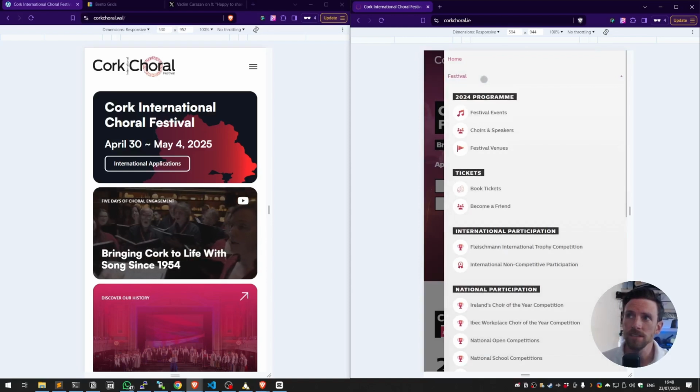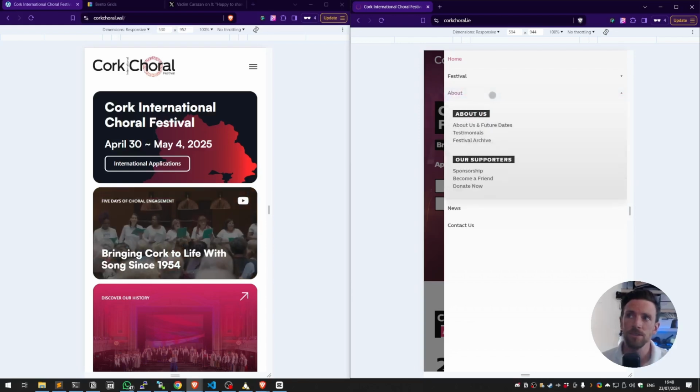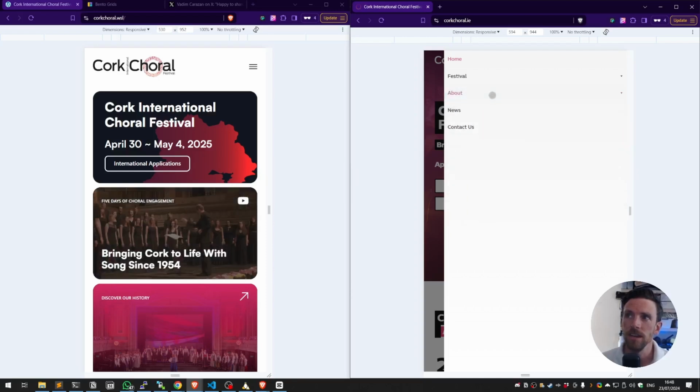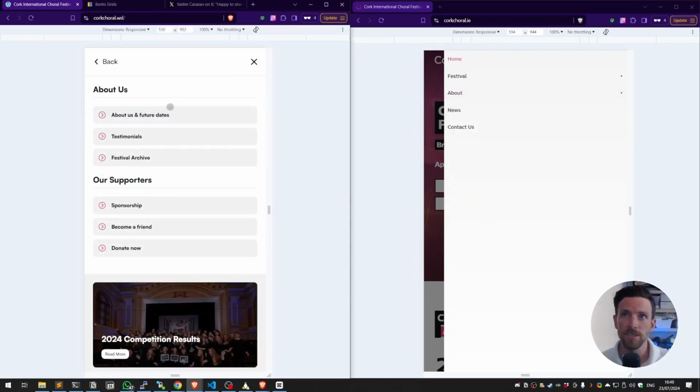You have more of an accordion style. Some of these links don't appear to be links, but they are, like international participation is a link. That probably should be more obvious. So even though your current navigation menu for mobiles is functional, there are a lot of improvements that could be made to it. And honestly, you should be replacing it with a much better mobile navigation system, especially for your